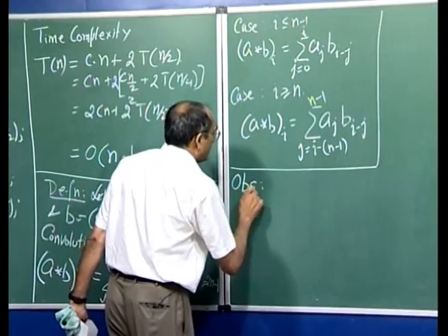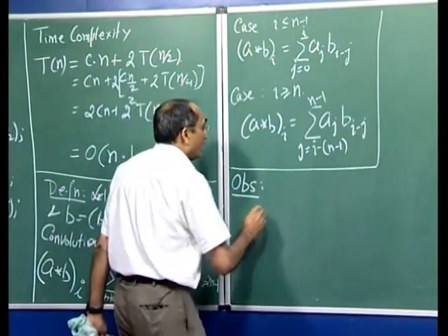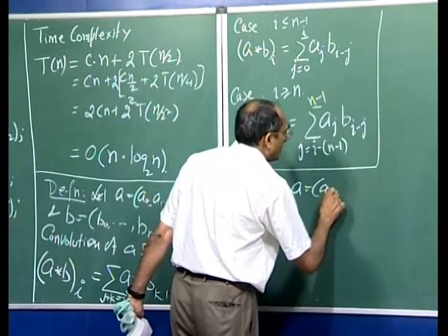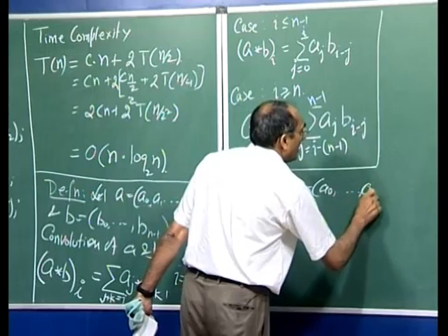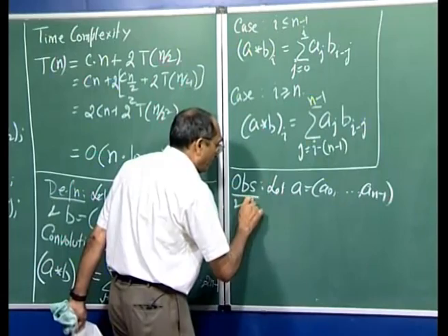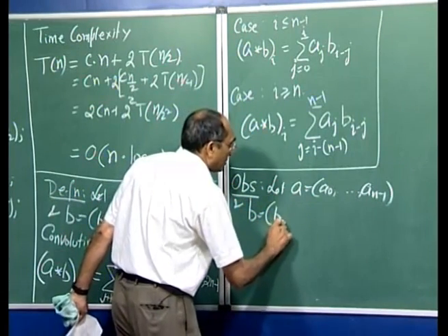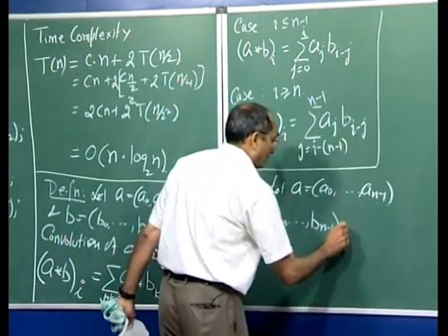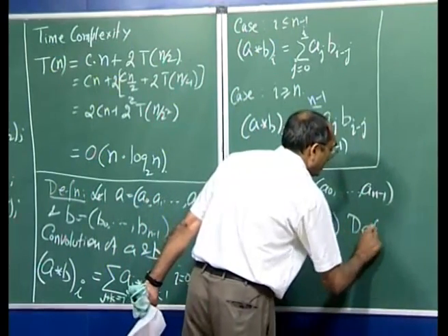Let us say again we have these A0 through A_{n minus 1}, and we have B, which is B0 through B_{n minus 1}. Define